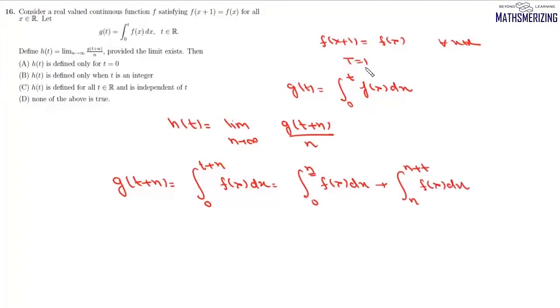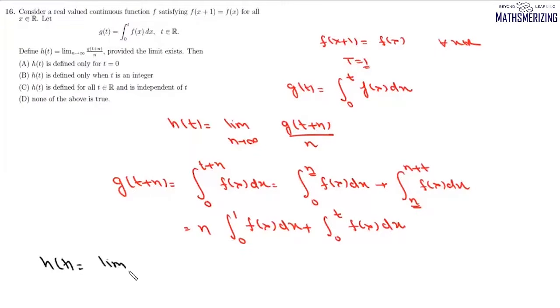Now this function is periodic with period 1. So we can write this as n into the integral from 0 to 1 f(x) dx, and then plus. Now this is from n to n+t, and it will be from 0 to t f(x) dx. So we can write this function h as this limit n tends to infinity